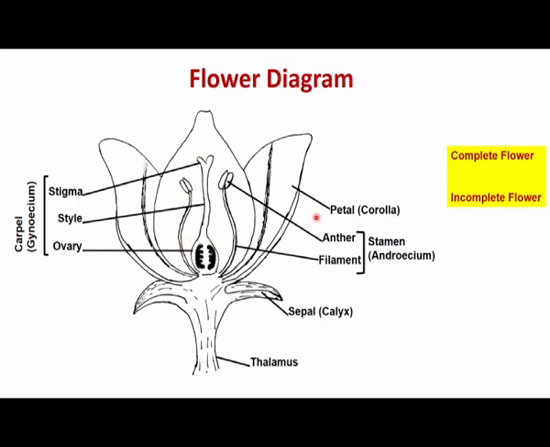Next to the corolla, we have the androecium. This is the third whorl of floral appendages that arises inner side to the corolla. The individual appendages within the androecium are known as the stamen, which represents the male sex organ. So, androecium or the stamen is the male sex organ. It has two parts, one is called the anther and the other part is called the filament, and the part which connects the anther to the filament is called the connective. Each stamen consists of